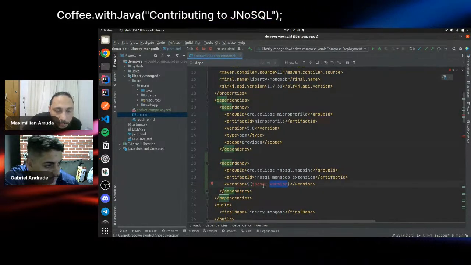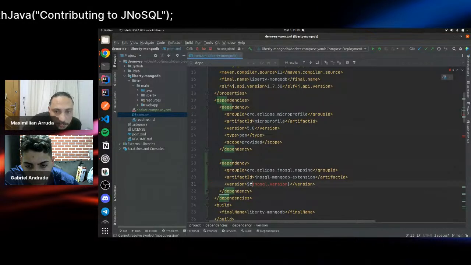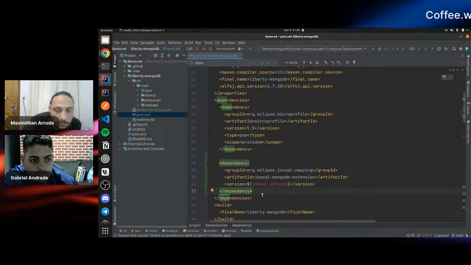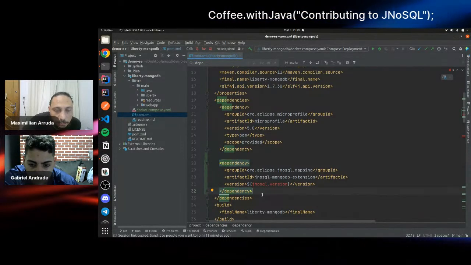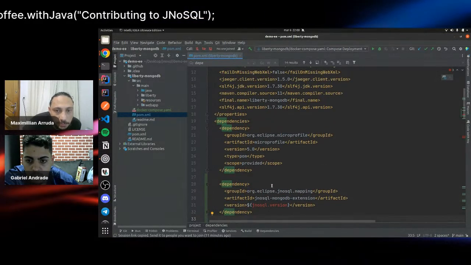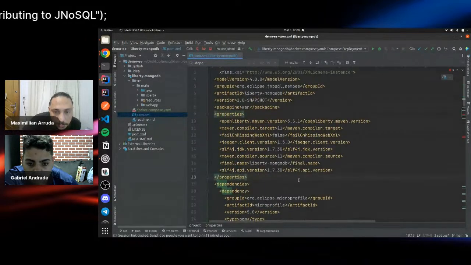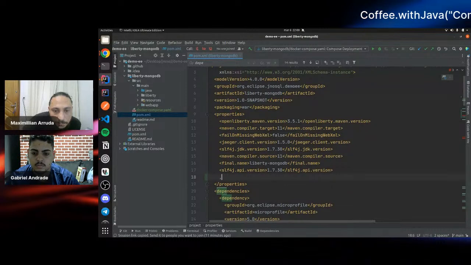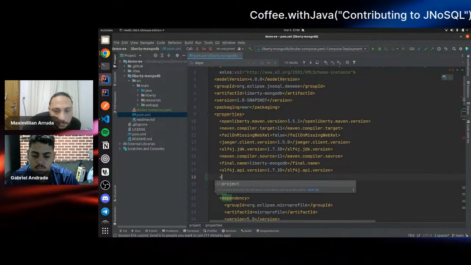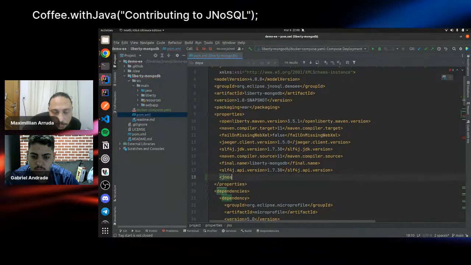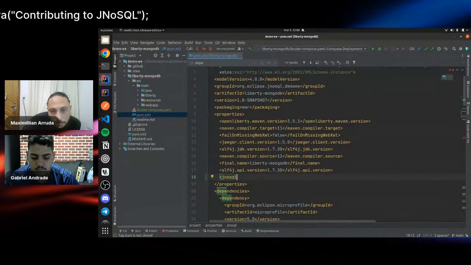I used to set up properties on my poms to manage the versions of my dependencies. So let's do this. Create a property down here in the properties, jnosql.version.